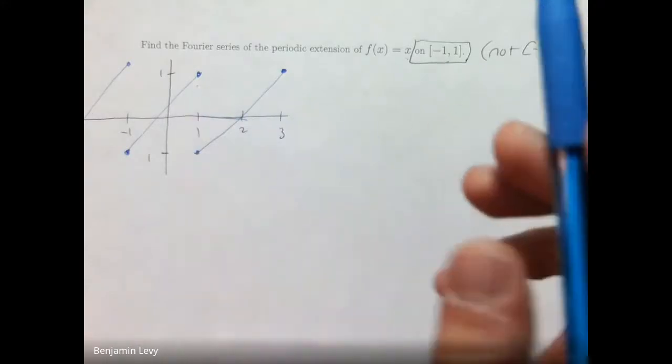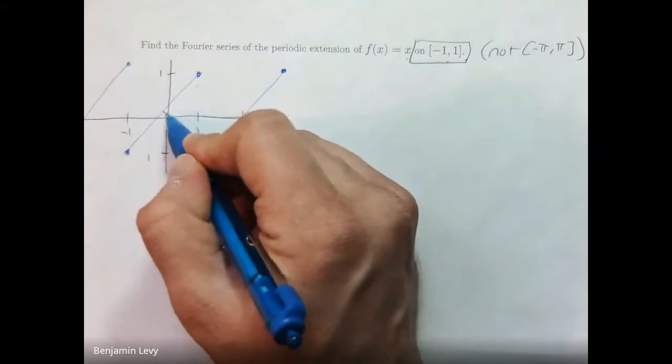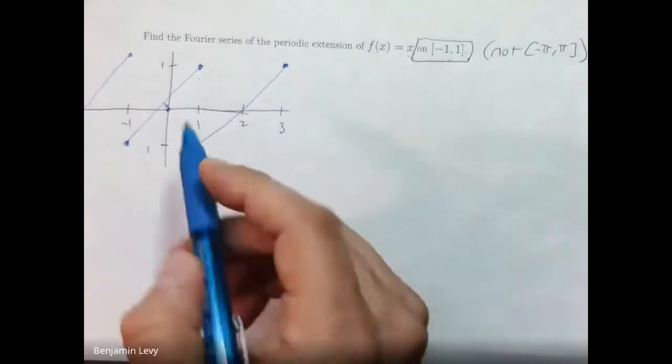Wow, that was horrible. This should cross at the origin. I just realized how bad that was. This should cross right here. That's what happens when you draw something by hand. It should cross right at 0. Anyway,